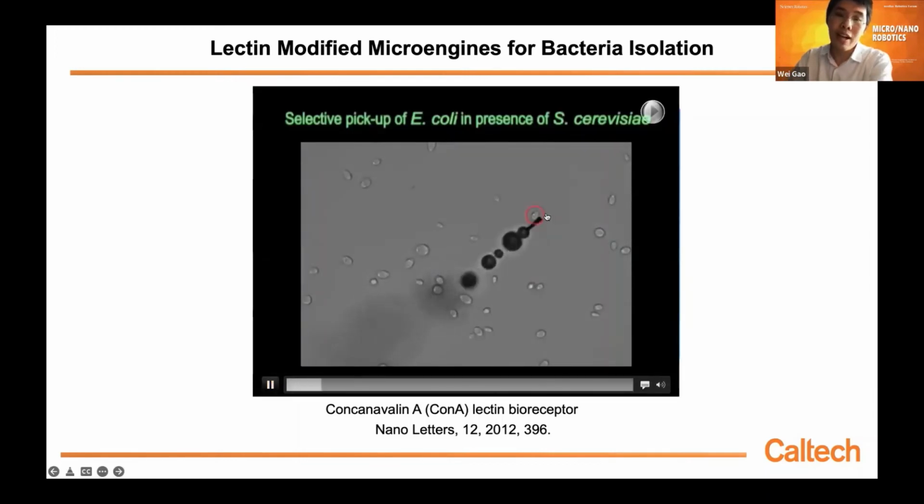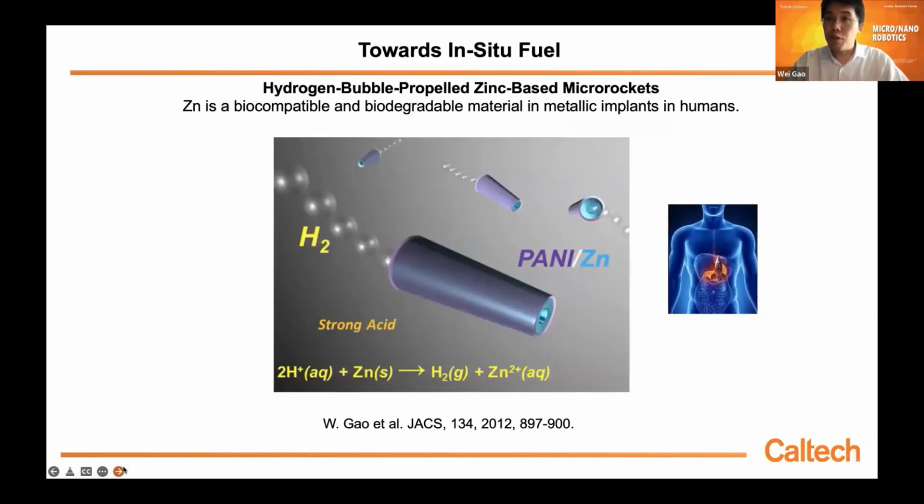This micro robot can contact with some cells, yeast cells, for example. The surface doesn't really contain that much sugar. Which kind of body fluid can we use to power micro robots? We're thinking, how about instead of platinum, we use some biocompatible metals such as zinc.